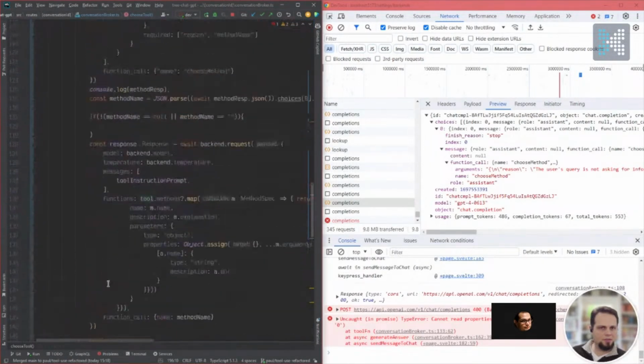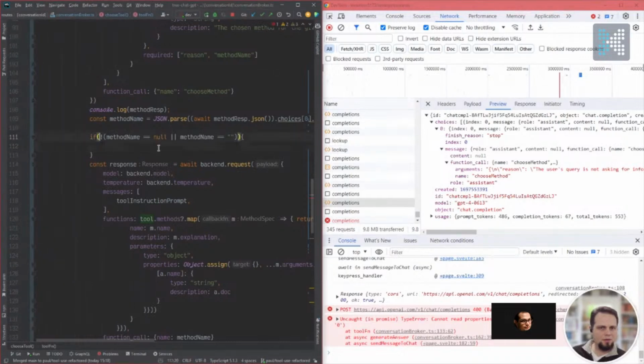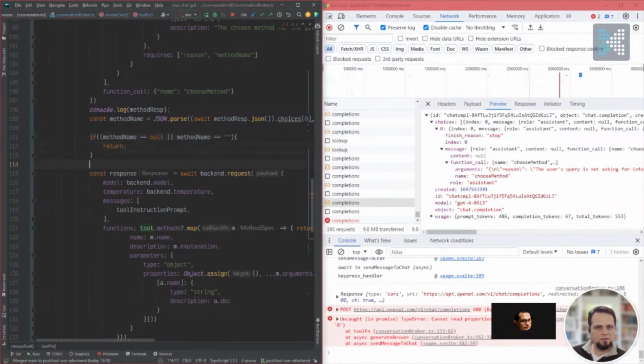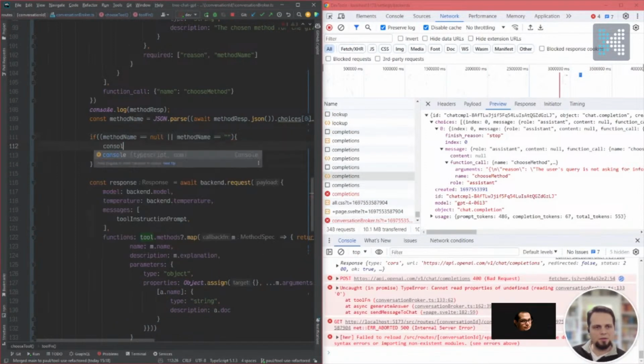If we just don't return anything. In that case, maybe